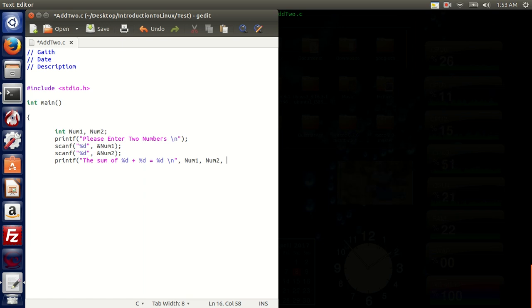I'm gonna put num1 plus num2. So if you had a variable declared as sum and you saved in it, you can use sum, and I'll show you how to do that in a minute. Return 0,